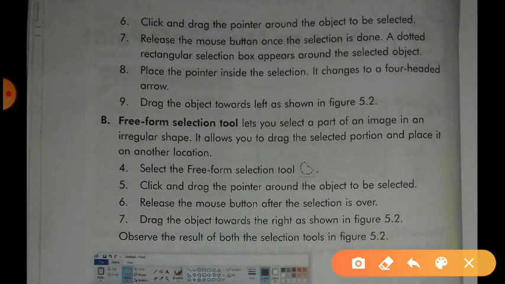Now place the pointer inside the selection and you will see it change to a four-headed arrow. Dear students, when your object is selected and you bring your mouse pointer over the object, your mouse pointer will change into a four-headed arrow, like this.